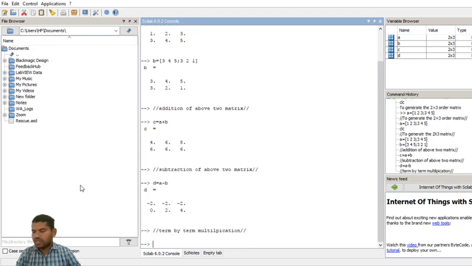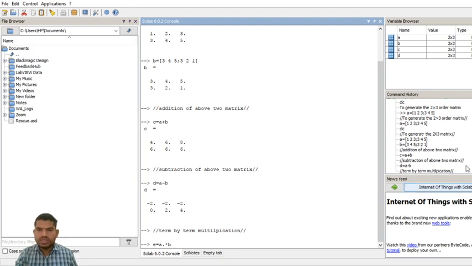Here I am taking a new variable, E, equal to A dot star B, where dot star is the multiplication symbol we use.